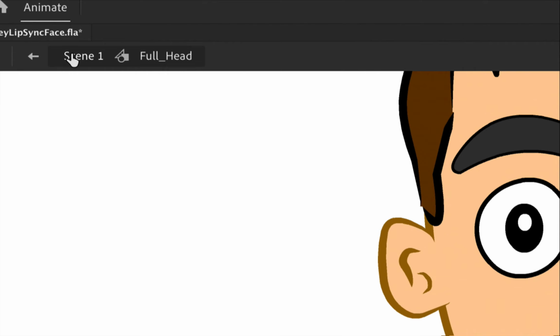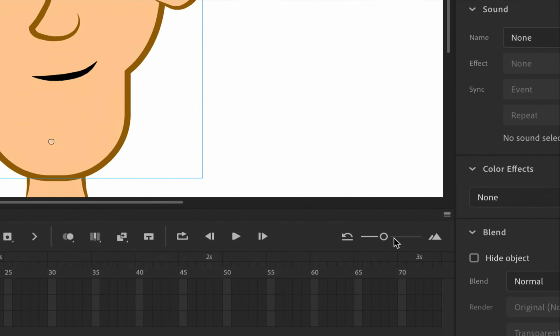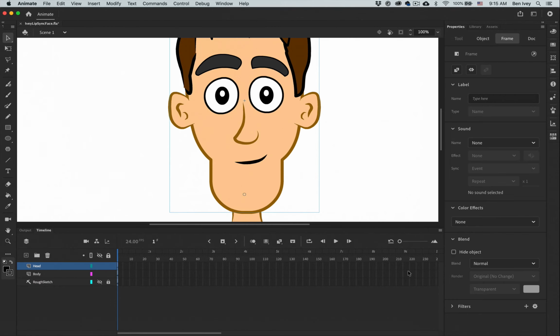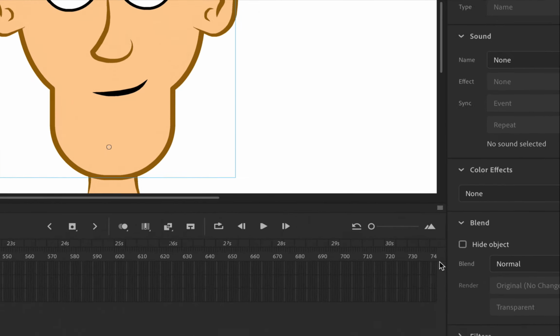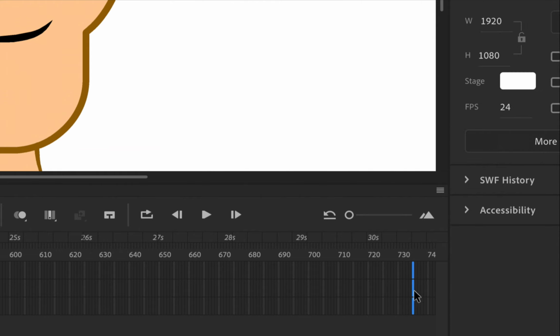Let's go back to scene 1. And from here, let's have everything on our main timeline last for those 69 seconds. Now in order to do this, I'm going to scale everything down as far as it can go, and I'm going to scroll all the way over as far as I can. This may take a couple of times to do it, but you can select all of the frames on this one